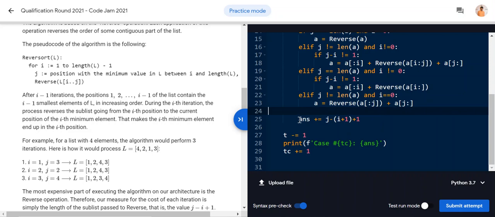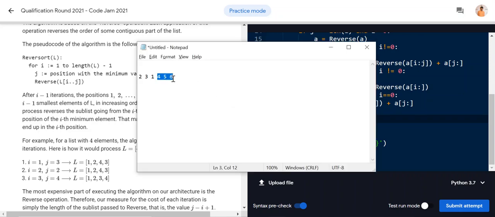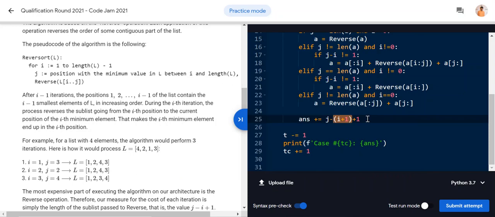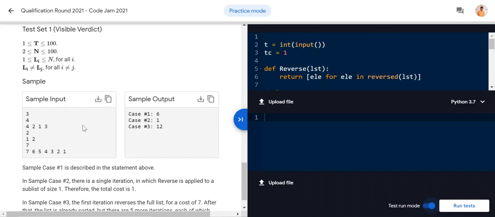Then I'm adding this n, and I'm doing the plus 1 now. When you do this iteration, like 4 minus 6, which is this position minus this position, you'll always get 1 minus 1, negative. So that's why I'm adding one more 1, and this plus 1 is because in Python the index always starts from 0 position, right? That's what I'm doing over here. I'm displaying the answer. If I show you these test cases, it will work perfectly.